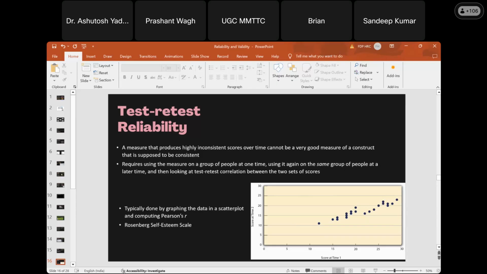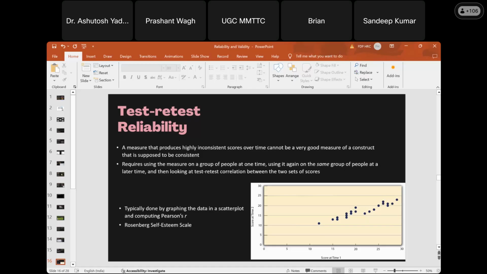Okay, so assessing test retest reliability requires using the measure on a group of people at one time and then using it again on the same group of people at a later time and then looking at the test retest correlation between the two sets of scores. है ना? अब ये correlation कैसे calculate करना है? Pearson R correlation होता है, ठीक है? So usually the rule of thumb is that जैसे आप फिगर में भी देख पा रहे हो स्क्रीन पर, it